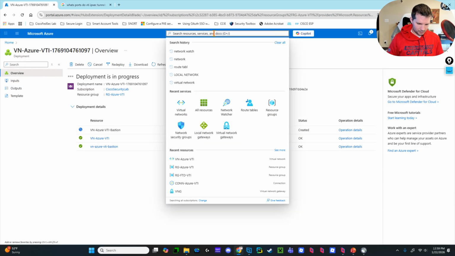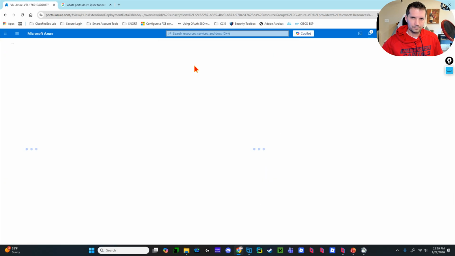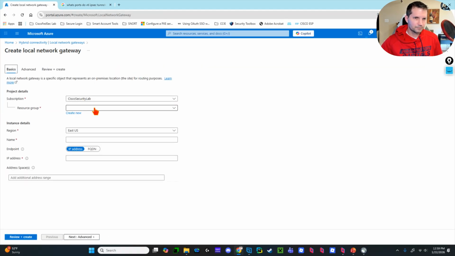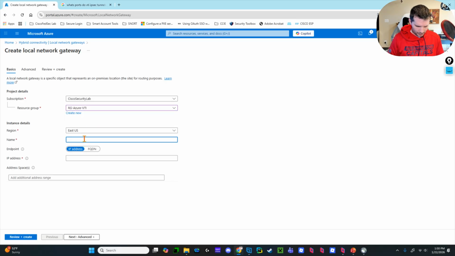I'm going to come up here and say local network gateway. I'm going to hit create. We're going to put this in our resource group. We're going to call it LNG. We're going to tell it the IP address. The IP address it's looking for